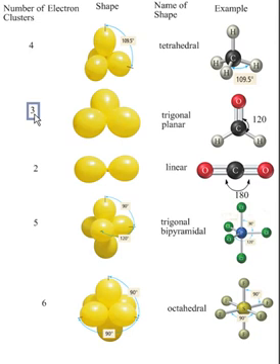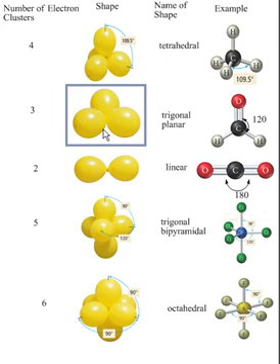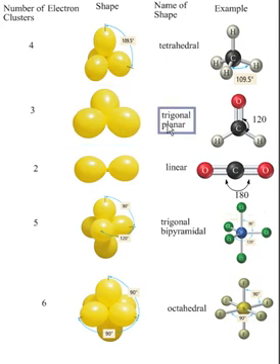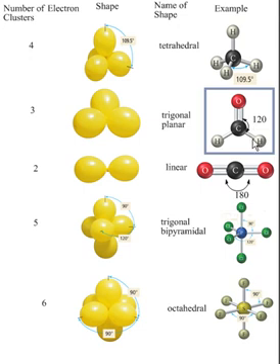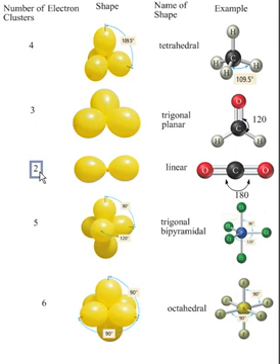When we have 3 clusters around a central atom, we're looking at a shape like this. This is actually a planar shape. The molecule is flat. We refer to this as trigonal planar, and the bond angle in a trigonal planar molecule is centered around 120 degrees. If we only have 2, and this example here is actually formaldehyde, if we only have 2 electron clusters around a central atom, the general shape is shown here. This is referred to as a linear shape, and the bond angle in a linear molecule like carbon dioxide is